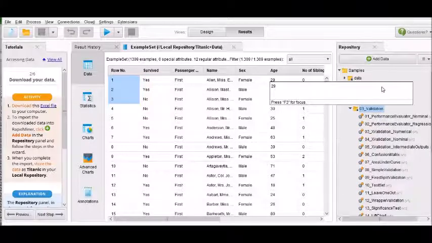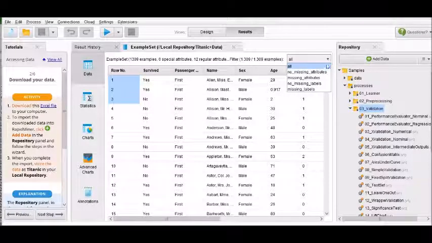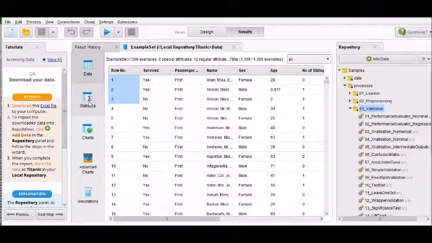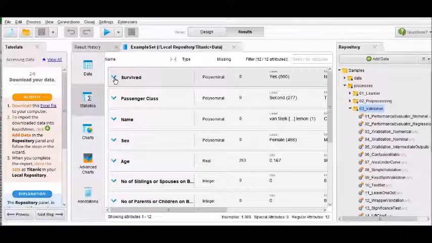You can move, you can increase the window pane, or you can decrease it on your right hand side only. You can take care of it also. So here you have got this one. Then you can see how many columns are there, how many rows are there, whether you want to select no missing attributes, so you can click, you can check it out.